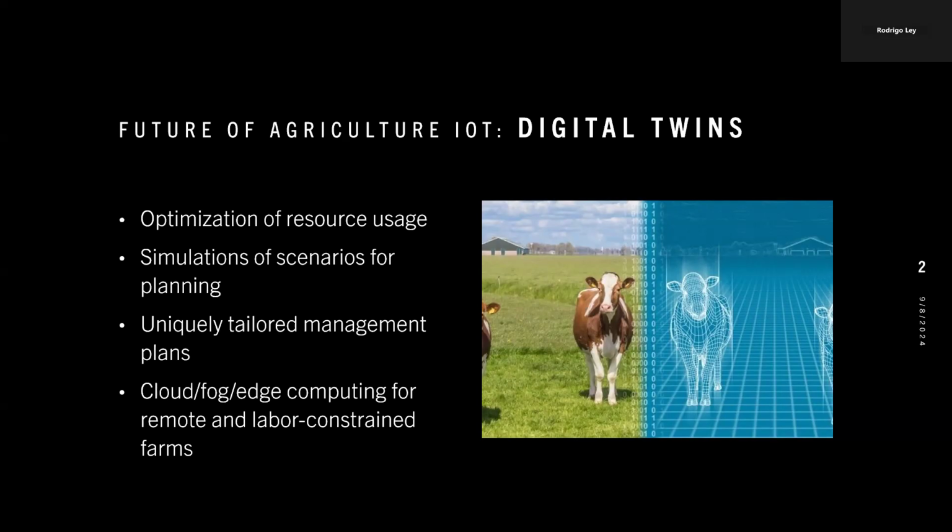One area that we saw for the future of agricultural IoT is digital twins. In the idea of digital twins, there will be a digital replica for physical objects. So in the case of agriculture, what this could look like is that the machinery, the fields, buildings, and the farm themselves will have a digital twin, allowing operators to do everything from run simulations to predict outcomes and to optimize their decisions. And researchers and industry are delving into this idea.